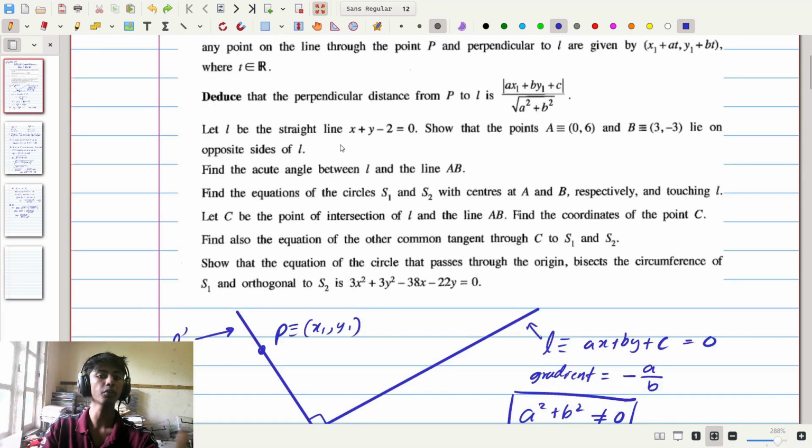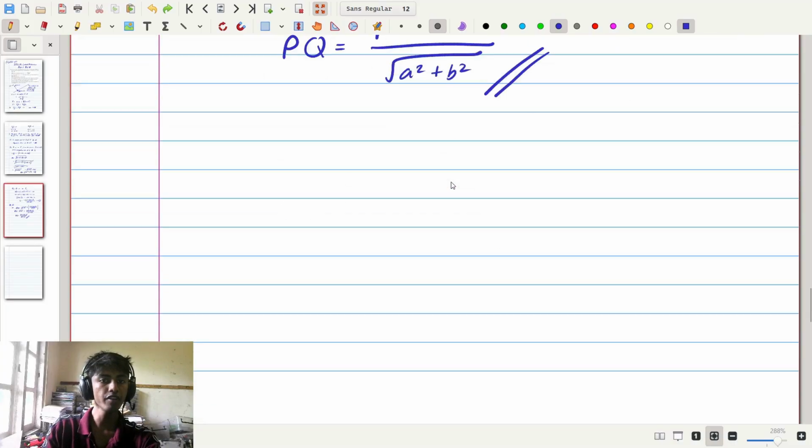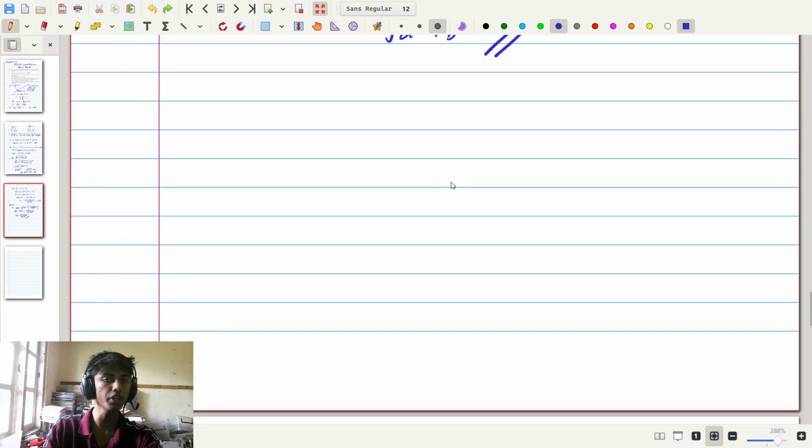Now moving on from that, the question then says, let L be the straight line x plus y minus 2 equals 0. And given that, we are asked to show that A and B, these 2 points 0, 6 and 3, negative 3, lie on opposite sides of the line L. Now for this, we need to know something about the equation AX plus BY plus C equals 0. So the 2 points we're interested in are A, which is 0, 6, and B, which is given by 3,